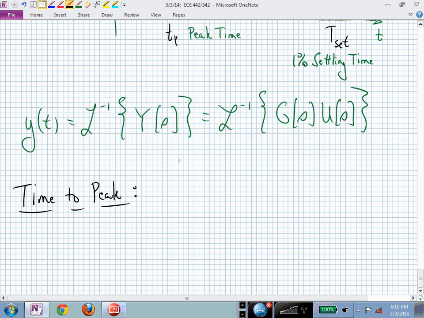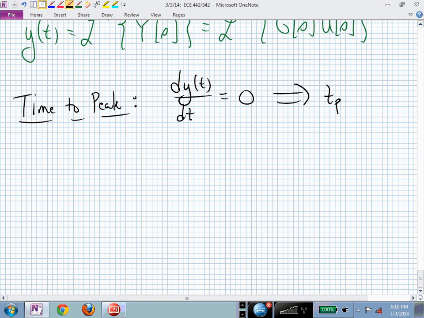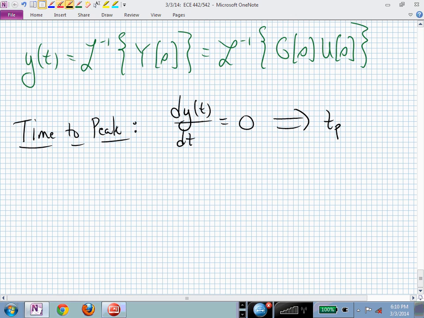So if we wanted to do that, we would say, oh, just differentiate y of t, this expression, set it equal to 0 and solve for t, and that's going to give us our peak time, t sub p. That's the idea or the concept. But another way to think about the derivative of y, if we already have capital Y of s, so now my y prime and dy dt, hopefully it's clear what I'm meaning by all of this. The derivative of y